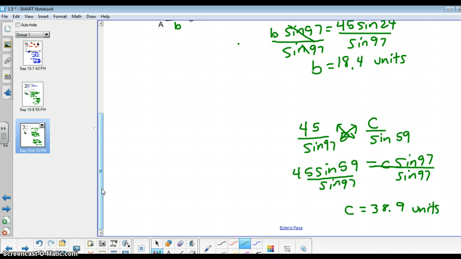Okay, so the last item we need to find is our C. So I went ahead and stopped the video and wrote that out. Same setup as I did here. Again, cross multiplication, you can only cross multiply when you have an equal sign. And before I plugged in the calculator, this item I wanted to isolate C. So our C would be equal to